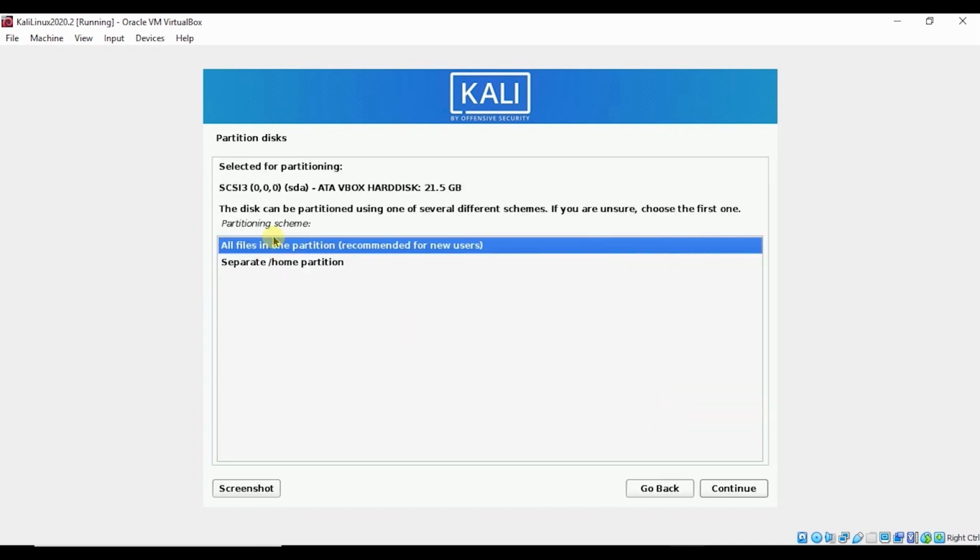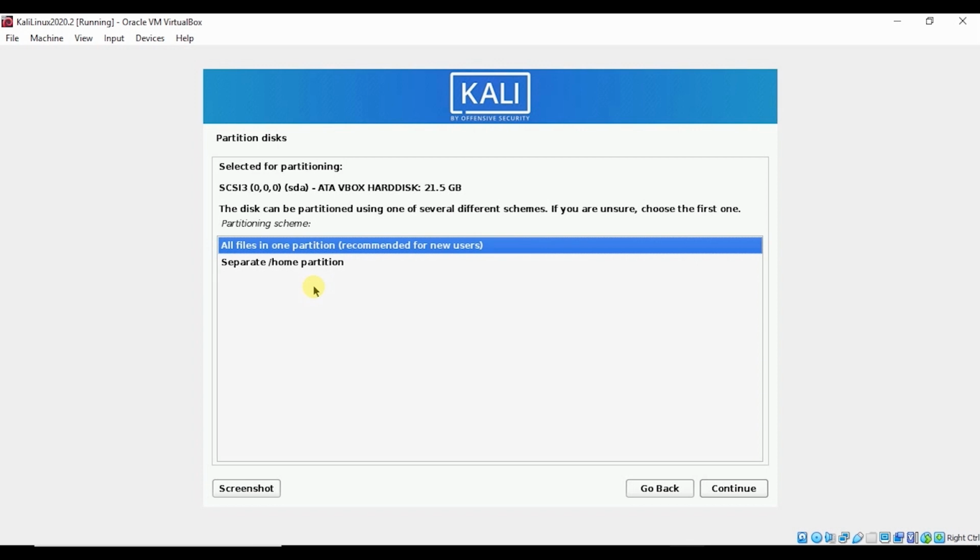Here you will get the selected partition. Now here you need to select the partition scheme for your partition. There are two options: a separate home partition, and all files in one partition.